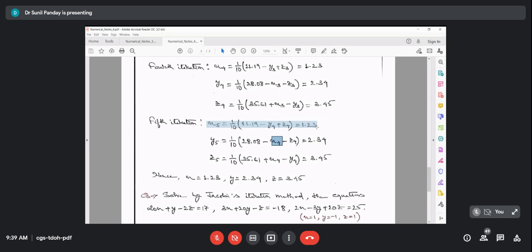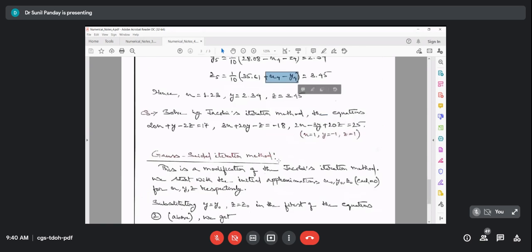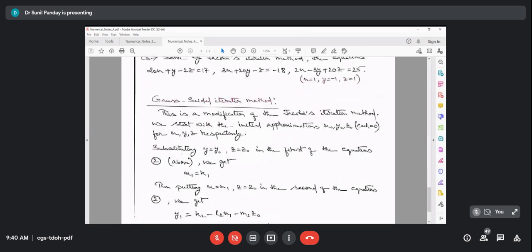So in y, z is the same, because we have z only from the previous step, so z4 is there, but x we have in the current step, so we update x immediately by x5. Now we have this when we are calculating z5. Similarly, because we have x and y in the current step, these two values are modified by x5 and y5. And this is the basic difference between the Jacobi method and the Gauss-Seidel method. So this is the modification of the Jacobi method.